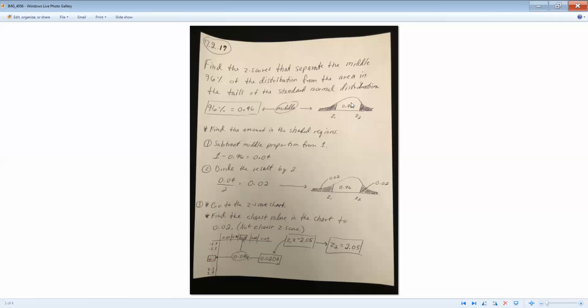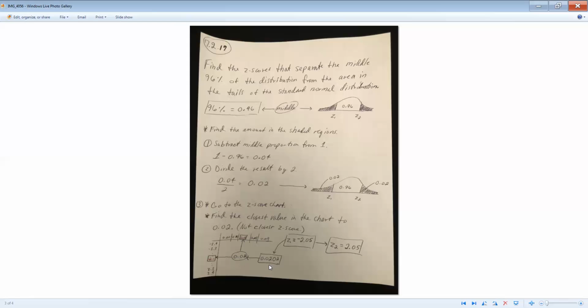Then I'm going to divide it by 2, because remember, it's symmetric about the mean. So whatever goes on the left side goes on the right side as well. And remember, it's the middle 96%. So divide that 0.04 by 2, you get 0.02 should be on each tail, or the proportion of data in each tail. So now, once again, we go inside our Z-score chart and look for the closest value there is to 0.02. So once again, we're not looking for the closest Z-score to 0.02, but the closest value inside of your chart to 0.02, and that would be